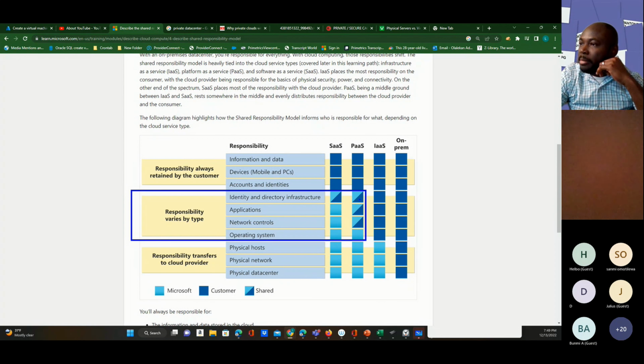On the platform as a service, the applications, you jointly manage your applications, network access, the infrastructure, the identity setup. Okay, you jointly manage that. So that is why under platform as a service, the shared responsibility model is highly pronounced. And under software as a service,